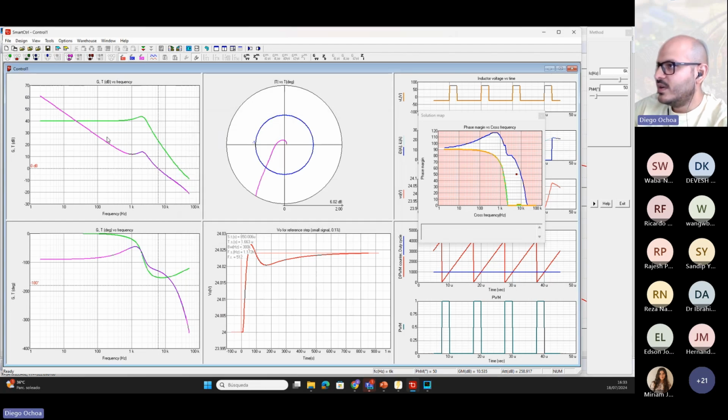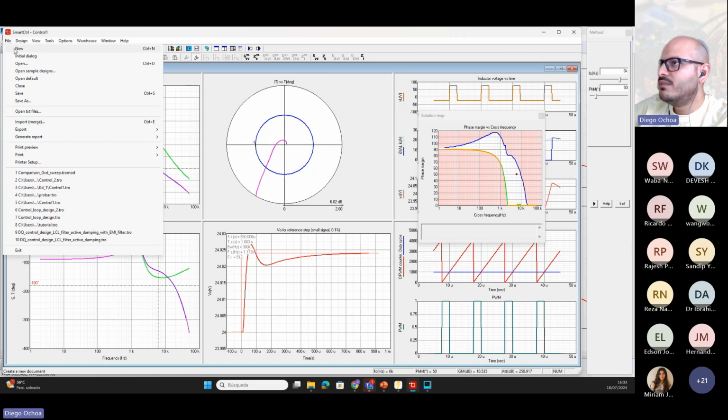So here you can see that the frequency response obtained from the PSIM matches the frequency response that is predicted by SmartCtrl. So this control design has a crossover frequency equal to 6 kilohertz, and the phase margin is equal to 50 degrees. So another option that I mentioned before, the second example,